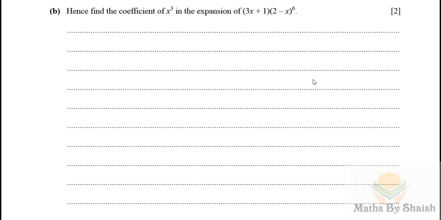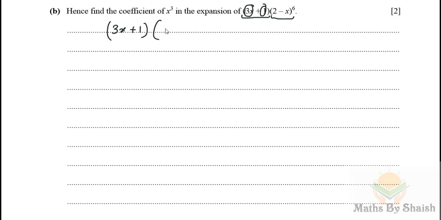Now here's the b part. Hence find the coefficient of x cube in the expansion of this. So we can see the first one is a linear equation, first bracket. So in order to get the x cube, for x, if we multiply with x square, we will get x cube, and from 1, for this constant term, we require x cube, which we have from the previous part. So it is going to be 3x plus 1 multiplied by, because we require the coefficient of x